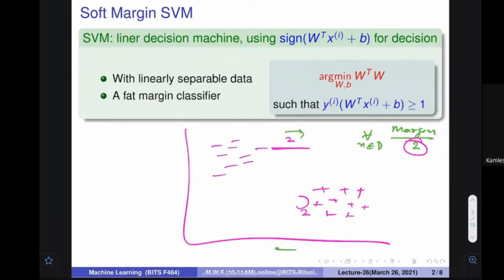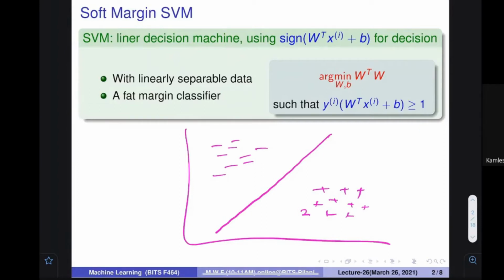So this is an important thing: this particular kind of classifier gives you the classification boundary in such a way that the margin is maximized. These are the two things. And with the SVM, the second thing is that the margin is maximized. Make sense? Any questions on that? So SVM is going to give you the classification boundary in this particular way. Make sense?